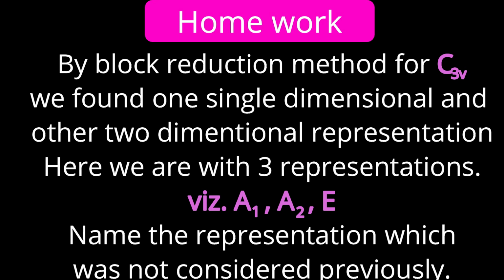This means that in total, if you see, 4 dimensions are there in our character table for C3V. But while applying the matrices concept, the 3-dimensional concept, we were getting a total dimension of 3. We were getting one single-dimensional and one 2-dimensional representation. Then which single-dimension representation did we not consider previously, but is there now? The answer may be A1 or it may be A2.